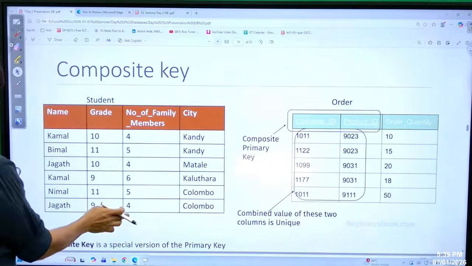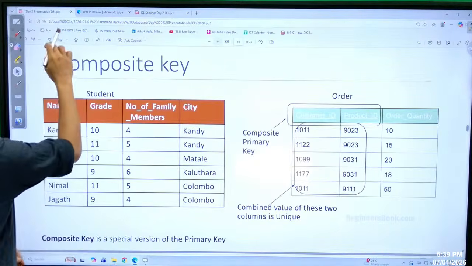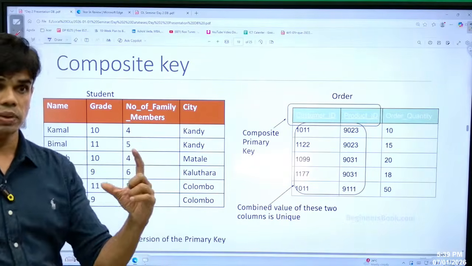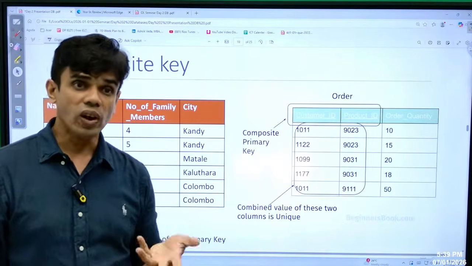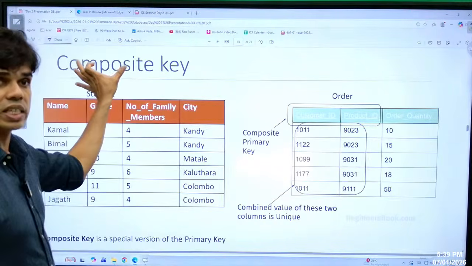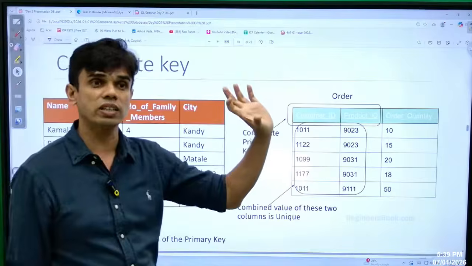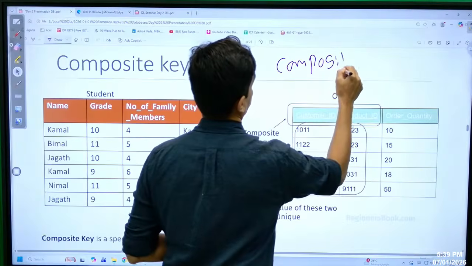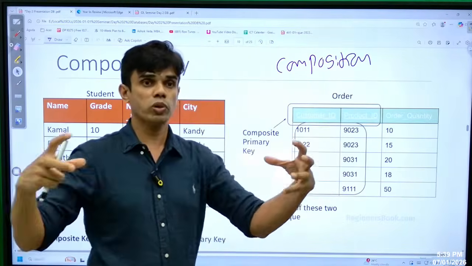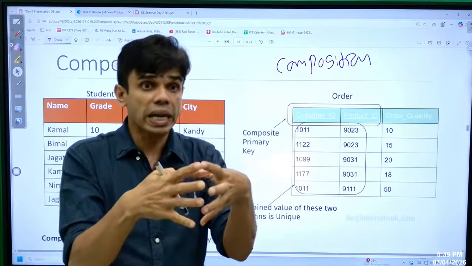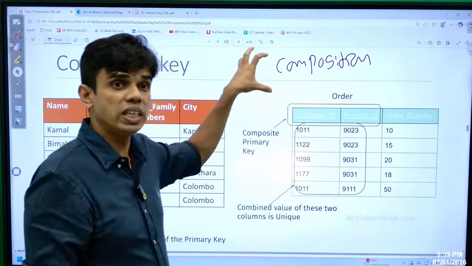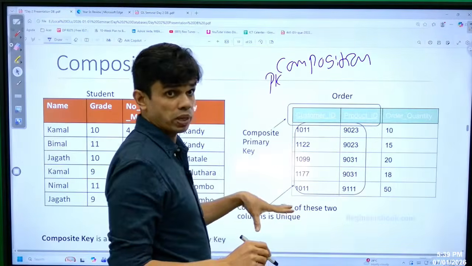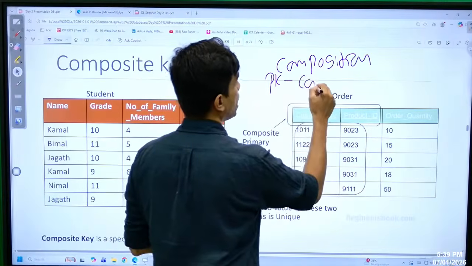Composite key means here a special version of the primary key. Composite key means a primary key, but a special primary key. What is the speciality? Here we have composite. What is composition in English? Composition of, made up of, combine of. Composite key means it's a primary key, a special primary key. What is the speciality? It is combined with